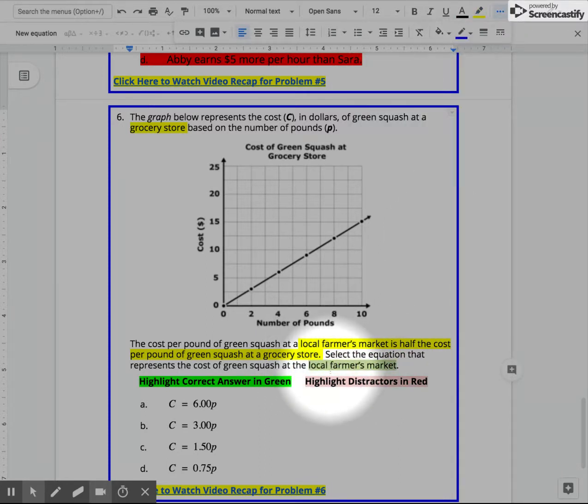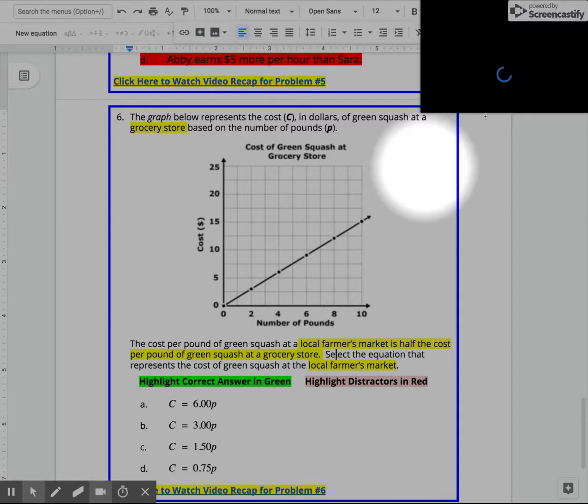So what's tricky to see here is there's two things going on. One, the graph, which is a grocery store's cost for green squash. And then they want us to find an equation at the local farmer's market. And the important thing to recognize,